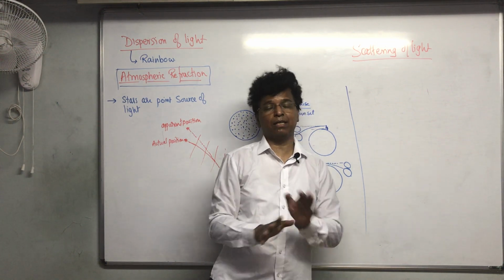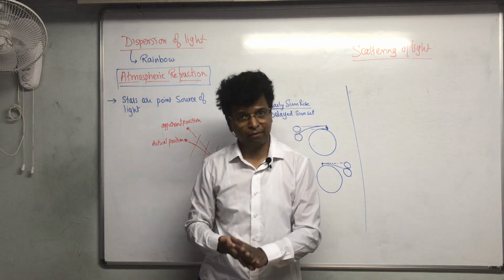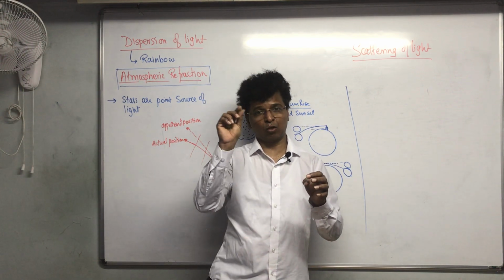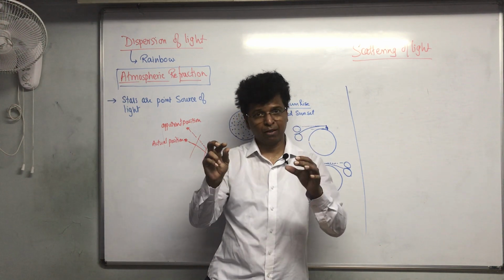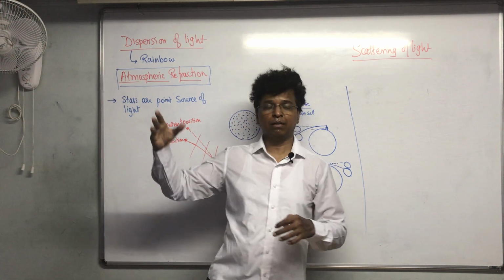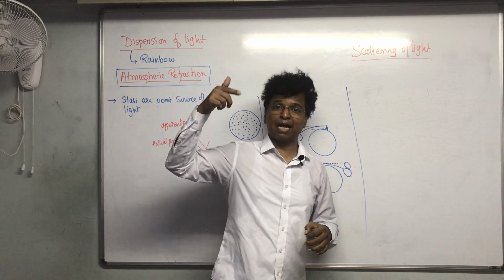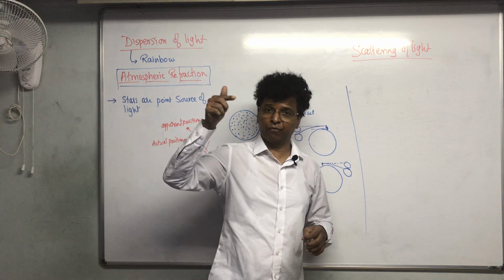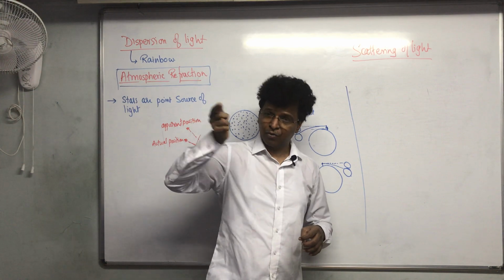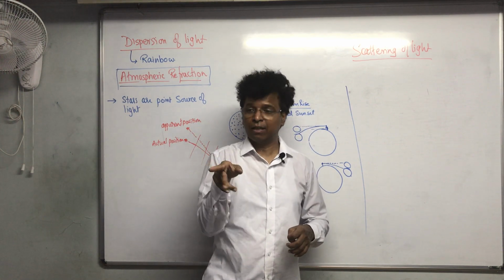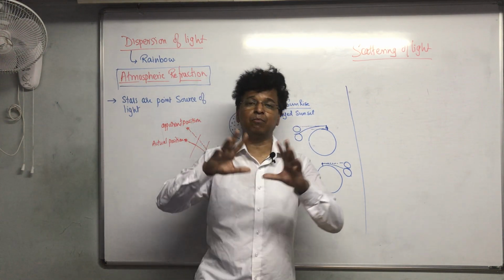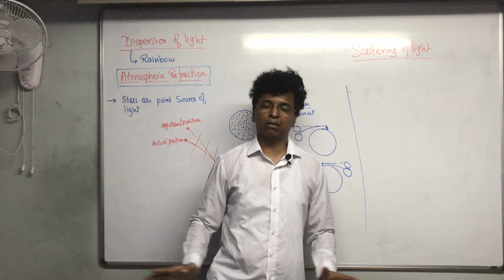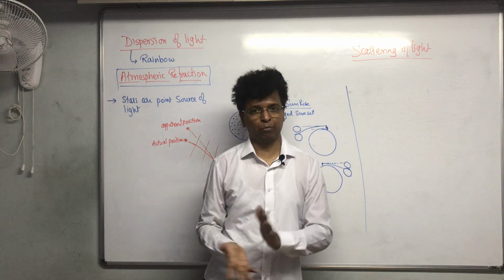This dispersion of light plays a big role in the formation of a rainbow, where small water droplets play the role of a prism. The light first refracts and undergoes dispersion also. Refraction and dispersion both are seen, then internal reflection is seen, then again refraction is seen, and then the collective performance of all these water droplets gives rise to a rainbow.